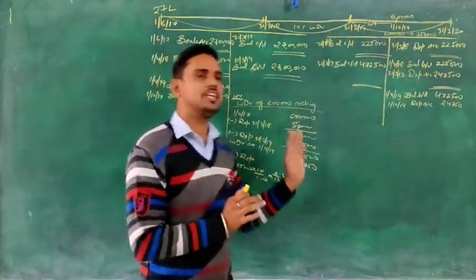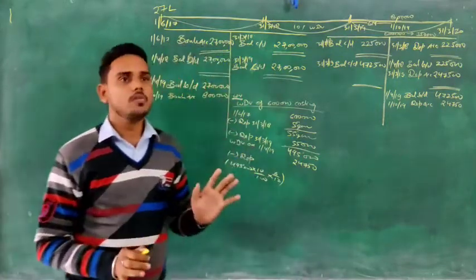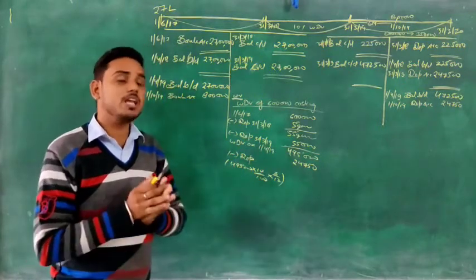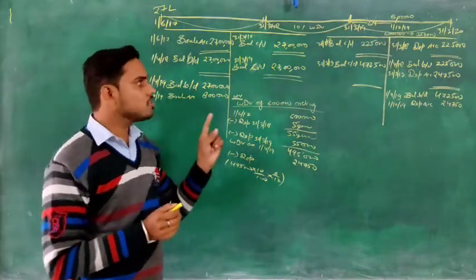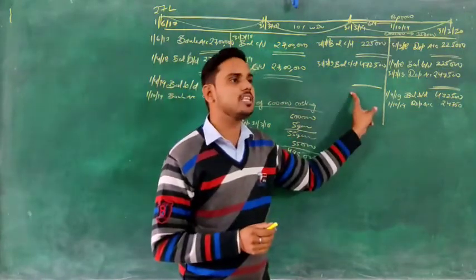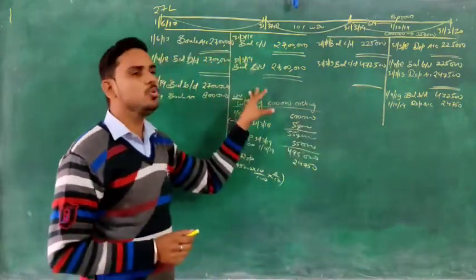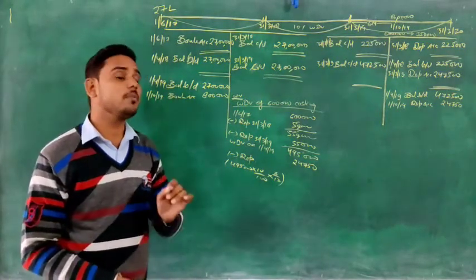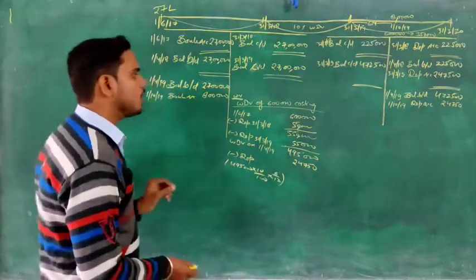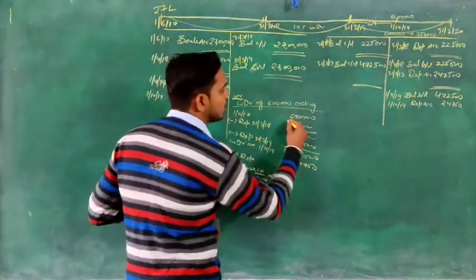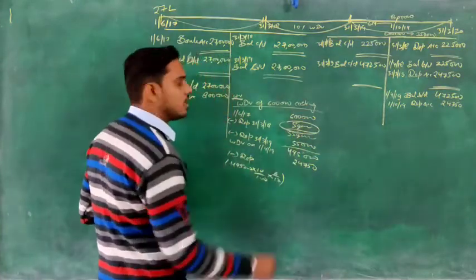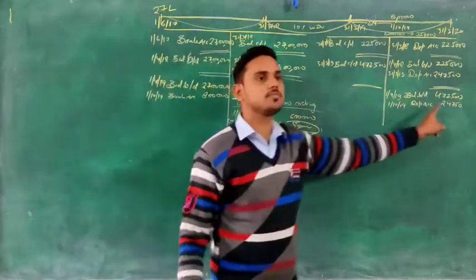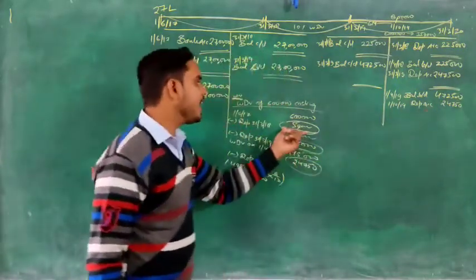Till now, whatever we did was nothing new. We are doing the same things as in the previous second method. And from here, what were we doing? At the time of sale, we were transferring the total depreciation from this account to this account. That we were doing. And of which machine? The machinery you are selling. So what is that total depreciation? You can see in the working note also. This was the depreciation in the first year, this is the depreciation in the second, and this is the additional depreciation you charged. So you can add these things.